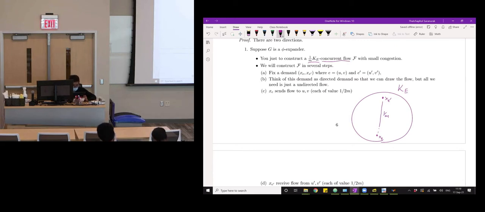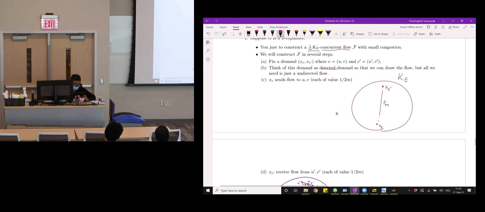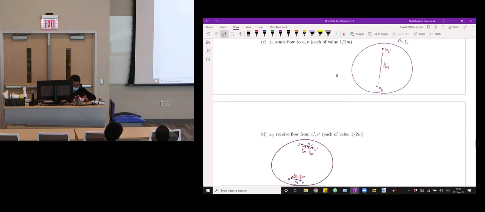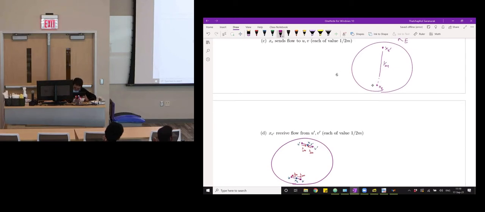So again, I will draw some direction when I construct the flow, but you should really think it's just like a set of parts between these two things, no direction. Okay. And what I'm gonna do is this. So note that this